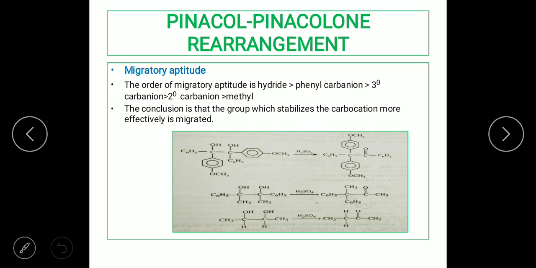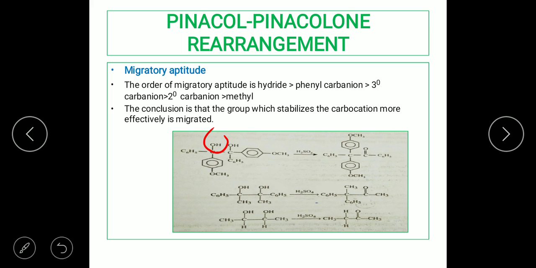First of all, there is a carbocation. This is a symmetrical molecule, because there are two phenyl groups along the adjacent carbon atom, and there are two phenyl methoxy groups also along the adjacent carbon atom. Now a water molecule is going to depart from this carbon atom. When it departs, there's going to be a positive charge at this carbon atom.